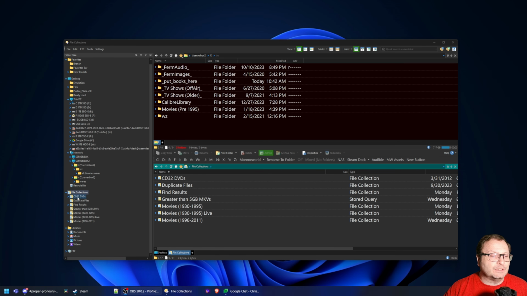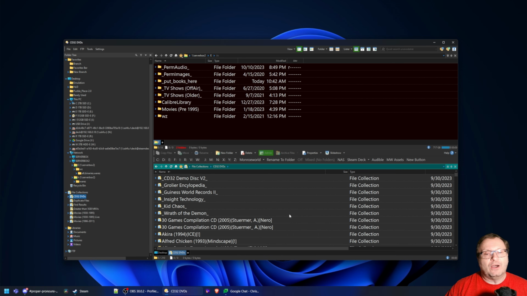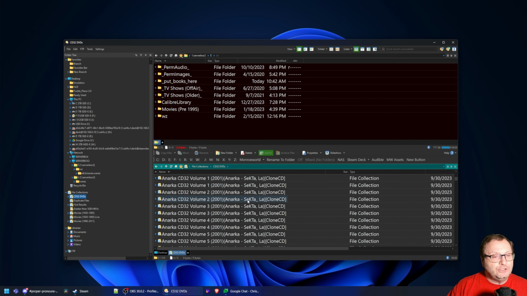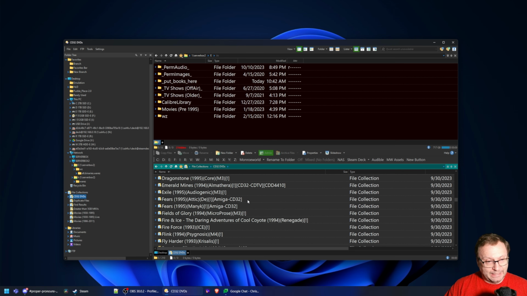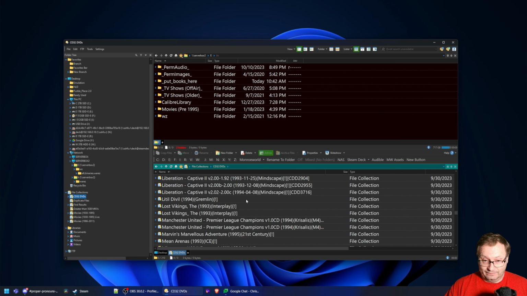So the first thing we have here is CD32 DVDs. Now, I have a plethora of DVDs loaded up with Amiga CD32 game ISOs. I don't always remember what titles I have and what drive that they might be sitting on. So what I did was I inserted each one of my CD collections or my DVD collections of these games, and I added them to this virtual file system or file collection. As you can see here, now all of my games are located in one place